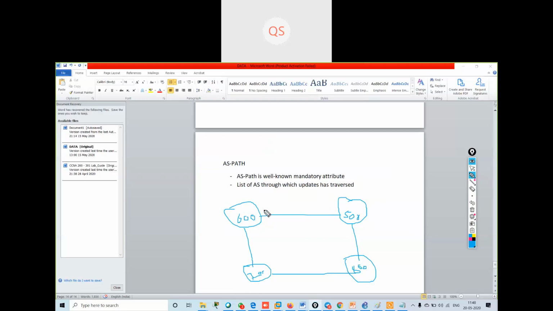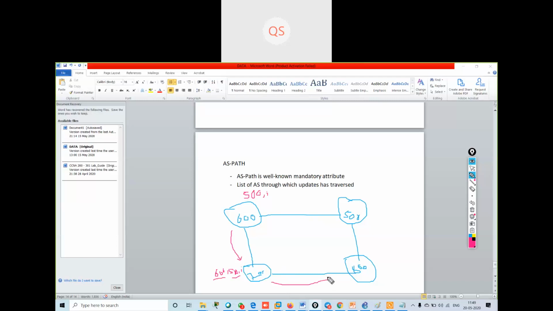So if anything is advertised to this AS, it will be seen in the routing table as 500, comma, I. Now the same route, if it is advertised to this one, will look like this: 600, 500 and I.